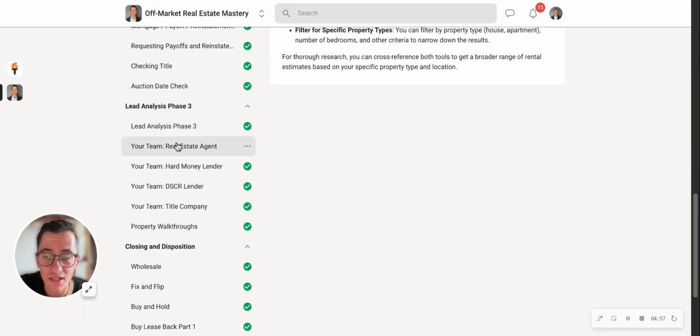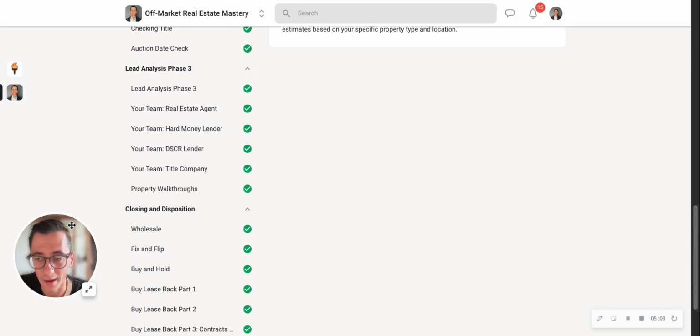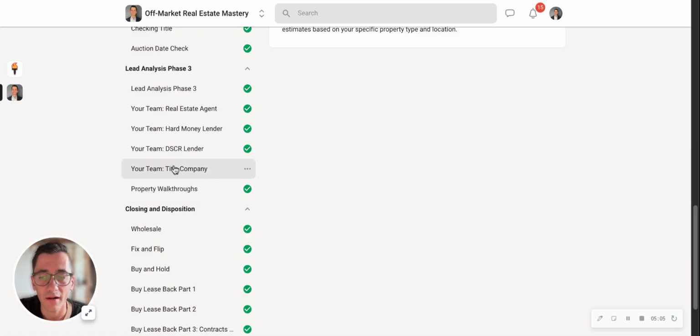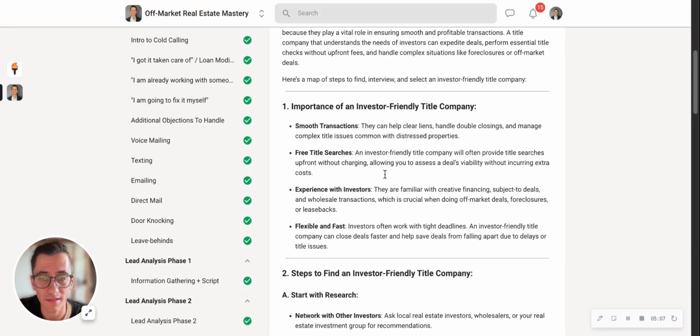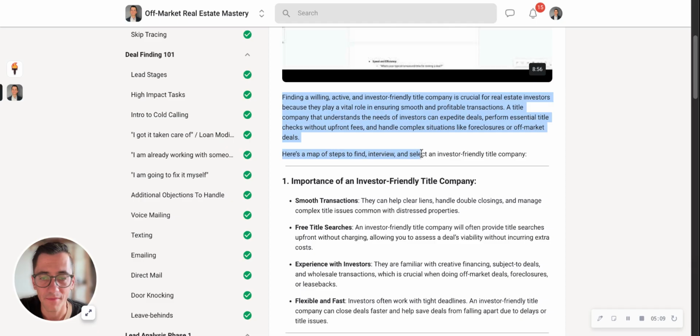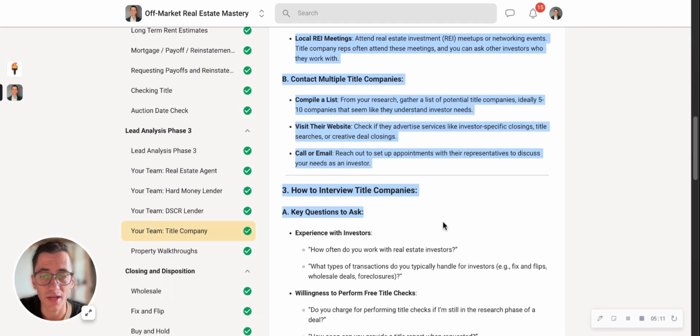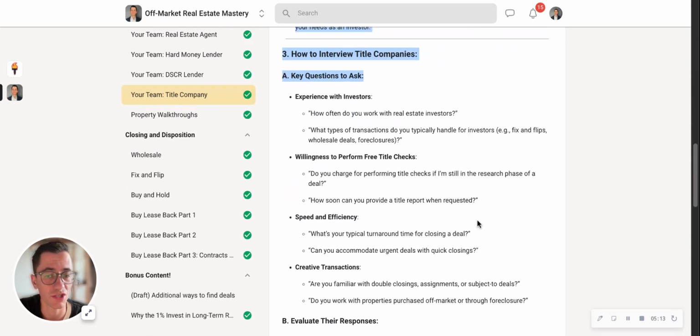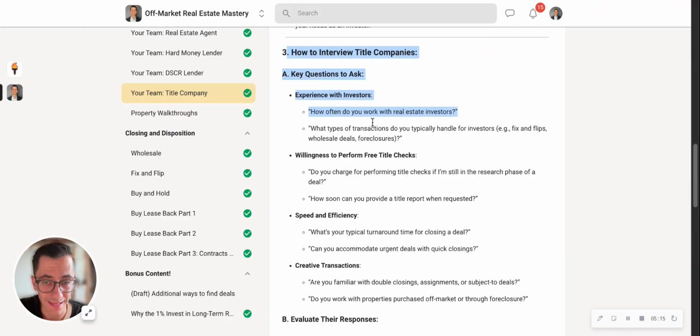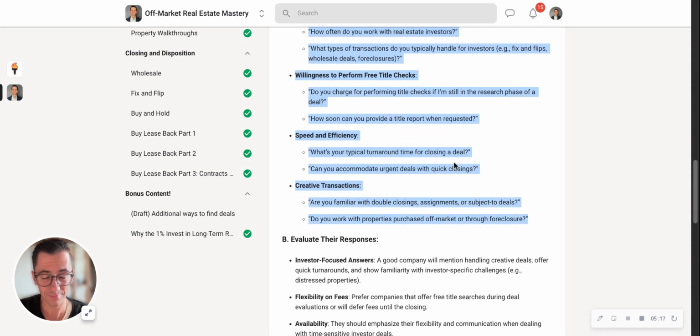So you need a real estate agent for certain things. You need a hard money lender. You need a DSCR lender, which I'll go deeper into in the community. And then a title company, how to actually interview a title company, was so valuable. I've spent so much time burning through title companies and real estate agents that just aren't good. And now this is the exact script that we use to interview a title company, a real estate agent,